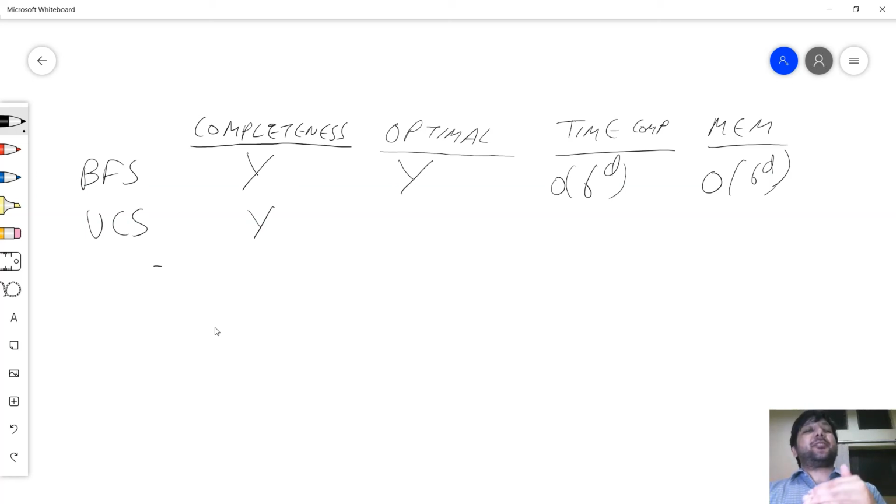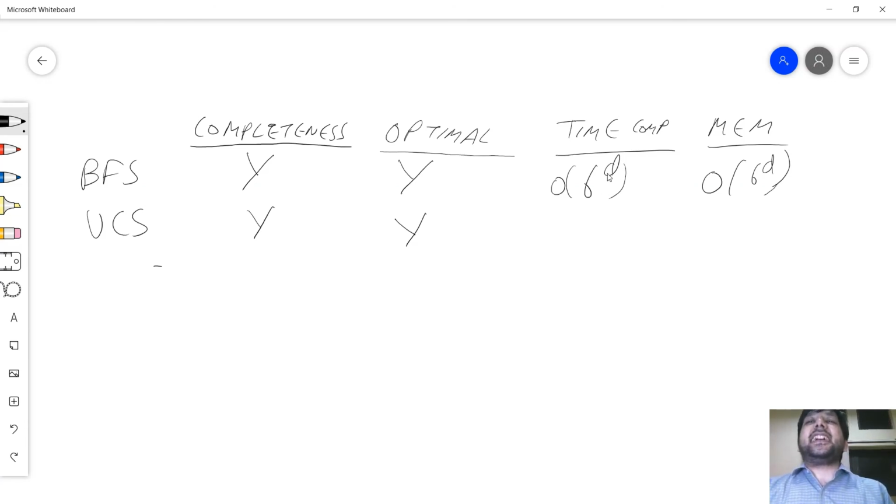And because these cost contours keep on increasing, somewhere you will extract all nodes with a cost of C star, then you'll get the goal. So it's both complete and optimal. And the complexity also will, of course, be exactly the same. The caveat here, of course, is that the cost cannot be negative. Of course, in AI, the cost cannot be negative.